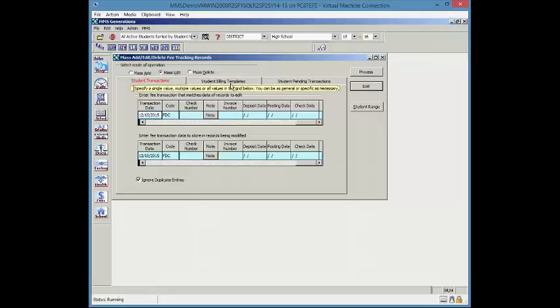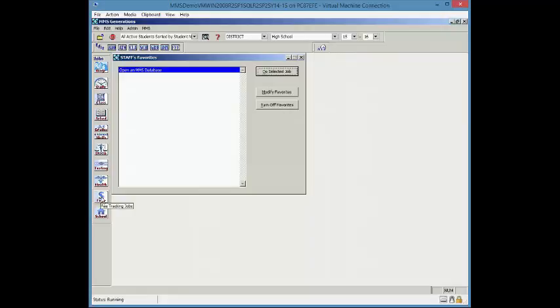You'll notice there's a couple more tabs here. One is for billing templates and one is for pending transactions. And that's what we're going to be going over next. So I'm going to exit out of here, and we're going to go set up billing templates, which means I need to set up the